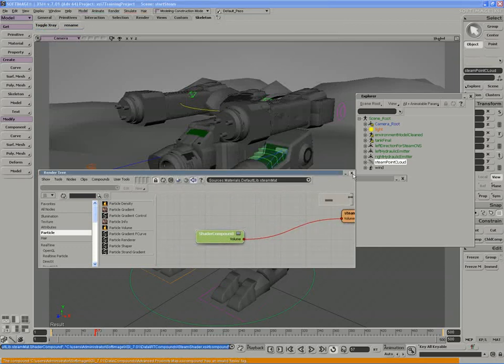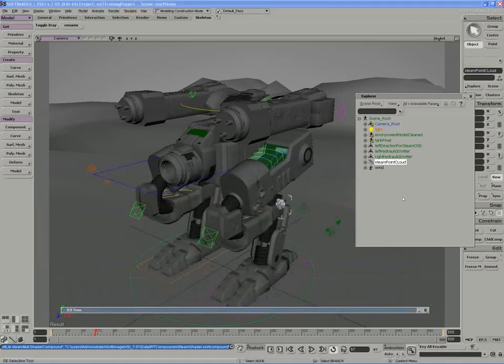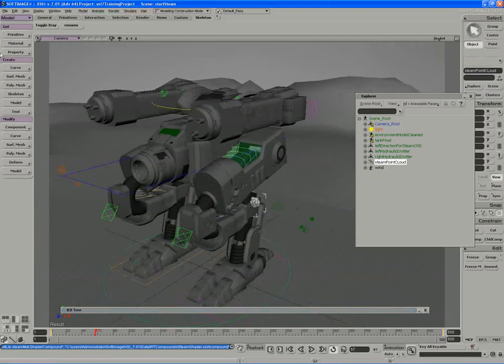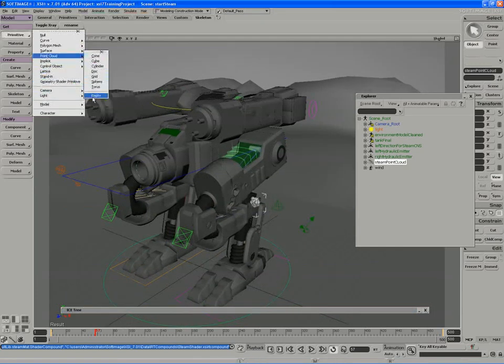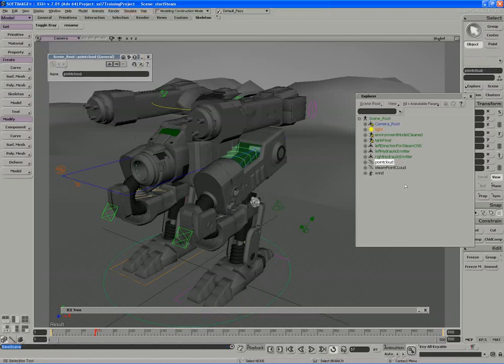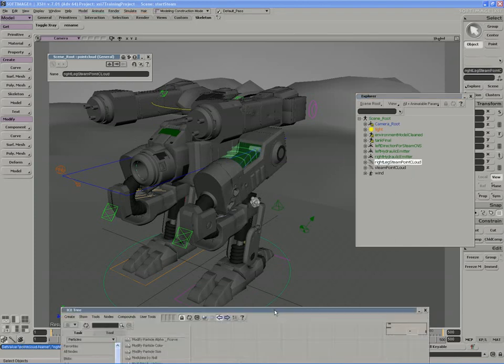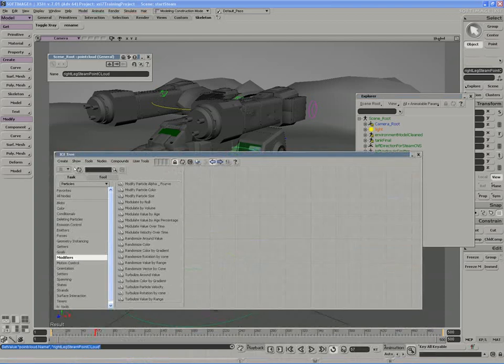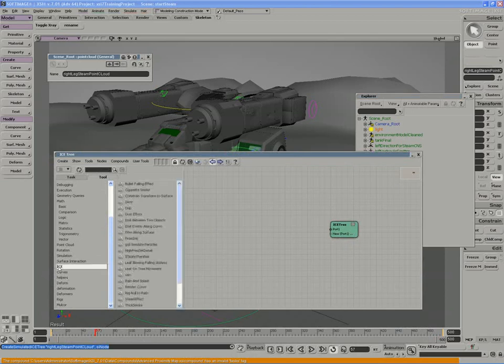So now that both of our compounds have been exported, I need to go in and build one more point cloud. Just do a quick save here. So I'll call this one the right leg steam point cloud. And I'll build a new ICE tree on it. So I'll clear that, create a new simulated ICE tree, and from the tools ICE folder, I'll pull in the steam effect. Now it already has everything intact except for the null name and direction, so I simply need to